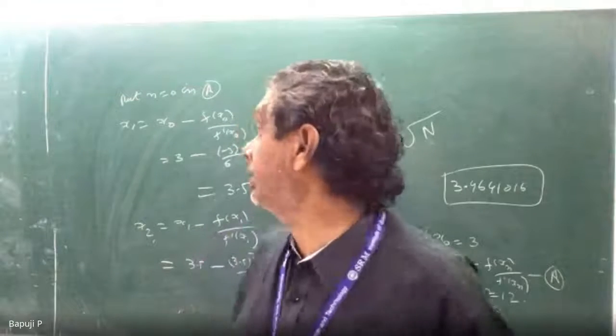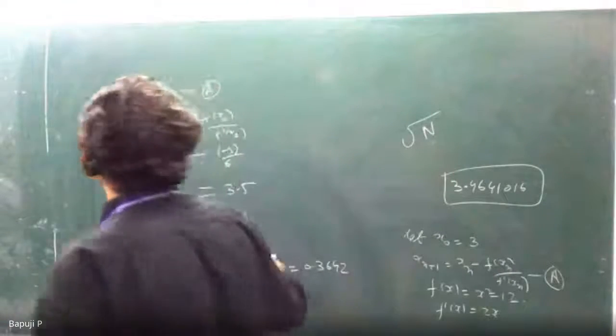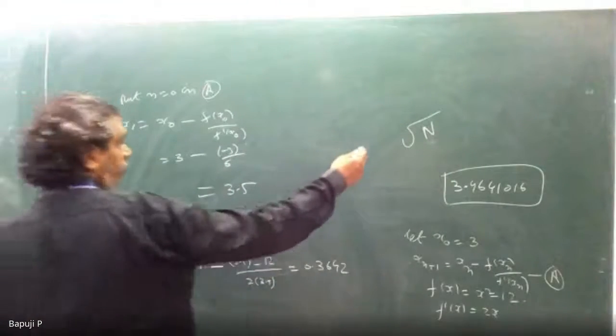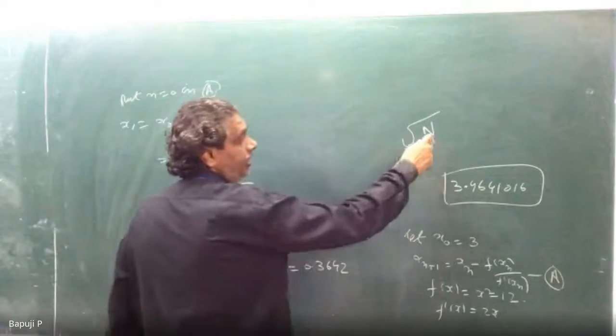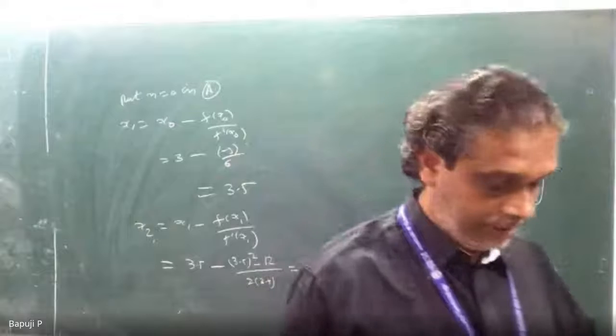And another thing I forgot. This is what you will normally do. Generally, they won't ask actual root 12. They will ask root 10, find the general formula, hence find root 12 like this. That is the problem. Wait, that problem I have to do.